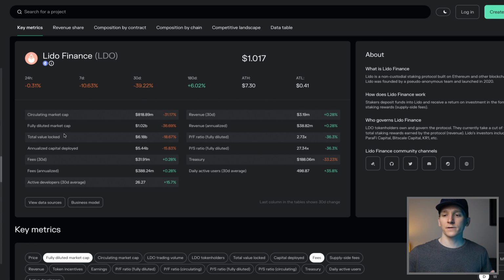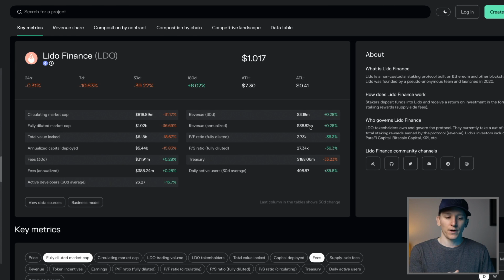So what we can see here is that the fees over 30 days is 30 million that they've earned. Now they give 90% of that away to the people that are actually putting Ethereum with them, which I won't get into, but essentially they skim off the top around 10%. So you can see their revenue over the last 30 days is around 3 million. Now their 12-month revenue is 38 million. So we're just going to put 38 million in here.